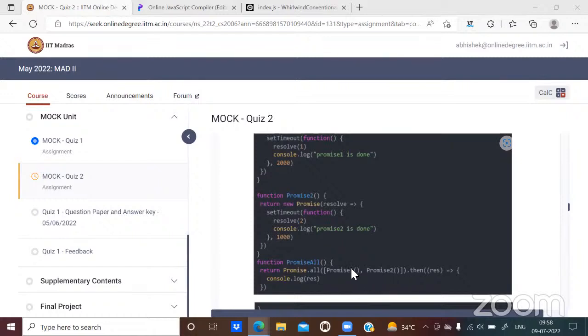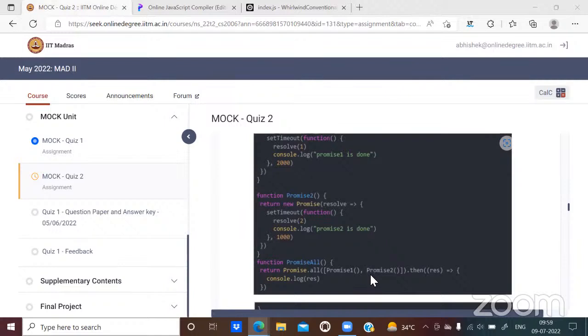Doesn't matter that, let's say there are 10 promises in this list and the 10th one finished first, the 8th one finished second, the third one finished third, and the 6th one finished fourth, and so on in such order. What is going to happen in this list is that the very first element is always going to be the one returned by the first promise in this sequence, doesn't matter if that promise resolves at the last position.